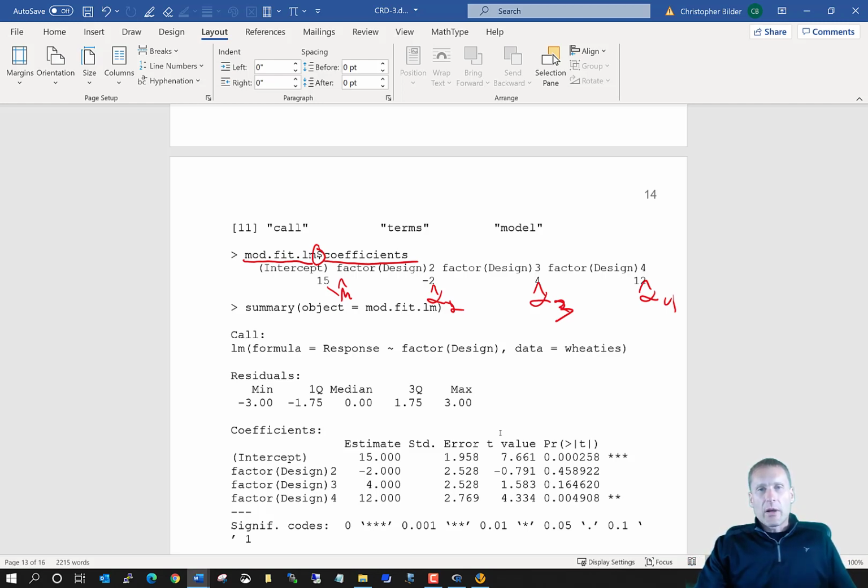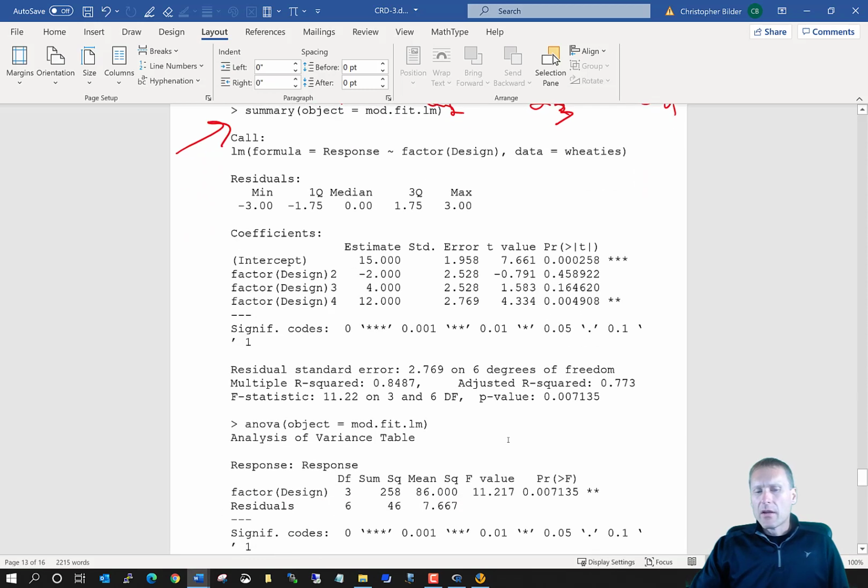So the reason why I'm showing you this, first of all, is to show that indeed you can come up with these parameter estimates by using this function. And if I did a summary of all the components inside that list, we get some output here. What we see here is a column called estimates. And then we have information about what R calls the intercept. That's our mu. If you think of it in terms of just a regular old equation that you would have in an algebra class,